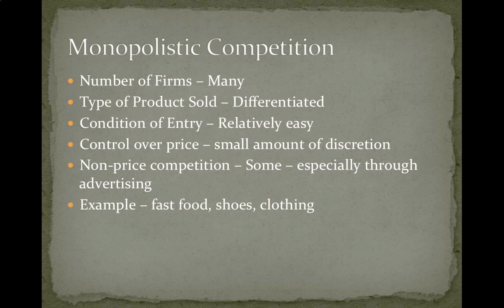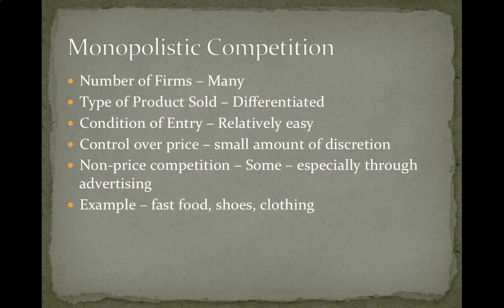But it's relatively easy to get into some of these monopolistically competitive industries, like fast food. And it doesn't have to be a chain. If you start to look at the different restaurants throughout the United States, there are thousands of different restaurants that differentiate their product. And if you want to open your own ice cream store, your own pizza place or your own hamburger shop, you can do that. It's relatively easy. We just had a new restaurant open up in Wabash. And if they decide they want to close it down, the government won't step in and tell them that they can't.